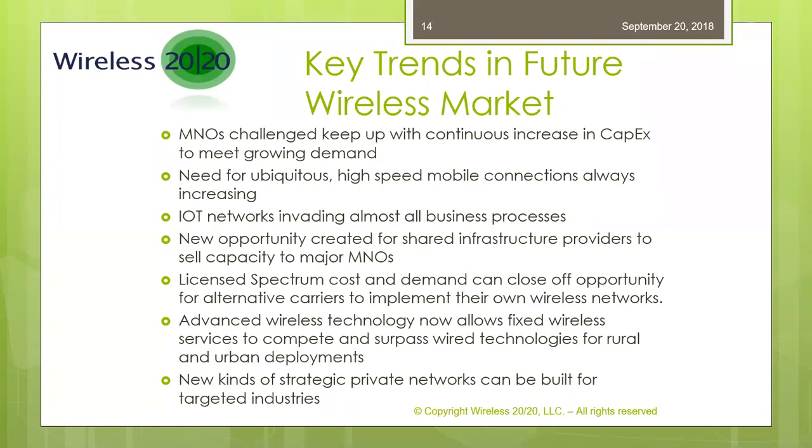There are different ways to use licensed spectrum, as the cost of licensed spectrum goes up, there's more and more different ways to use spectrum. There are shared spectrum technologies that are coming on. There are new technologies that can take advantage of unlicensed spectrum, and there's great benefit in that. MulteFire is first and foremost a great example of that. And so we look at these new models and the capability to deploy new and different kinds of networks. Alternative carriers could deploy their own infrastructure and own that. New business models are coming up.